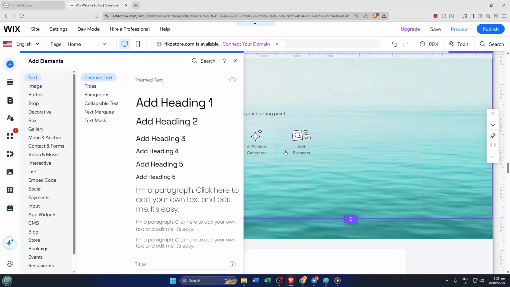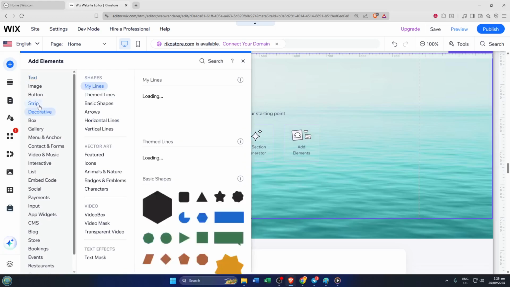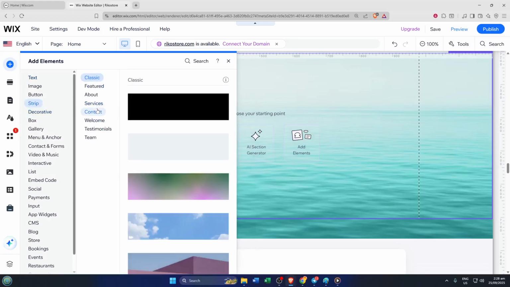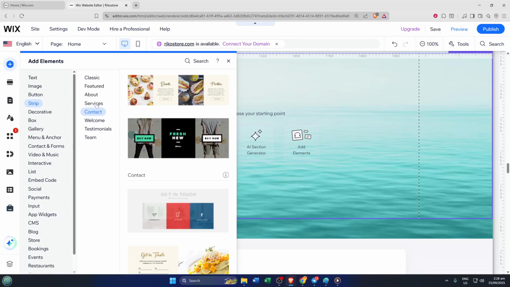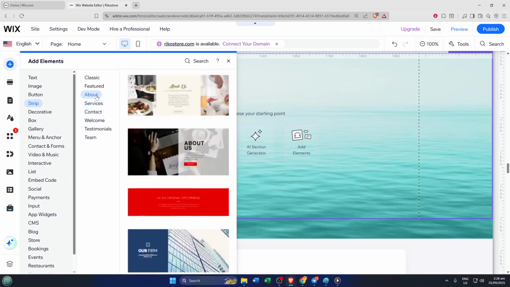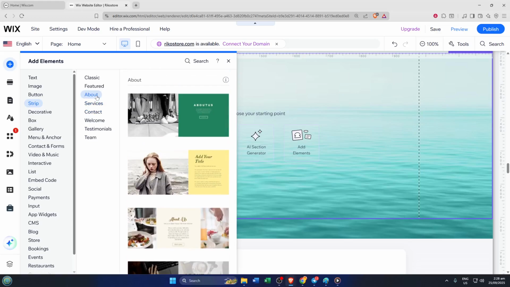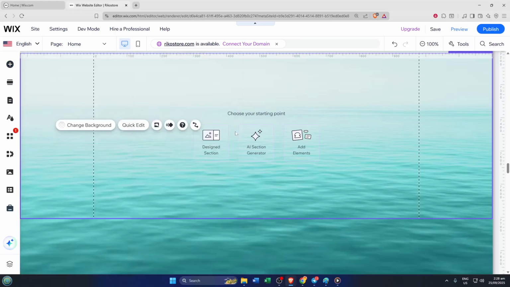Next, we're going to work with the strip element. Click on Strip, and you'll be presented with several templates. These strips are really useful for creating sections on your website that stand out. Think of them as big horizontal blocks that can hold text, images, videos, and so on. Choose any template that fits your vision. For this demonstration, feel free to pick a simple one, since our main focus is on adjusting the width margins,